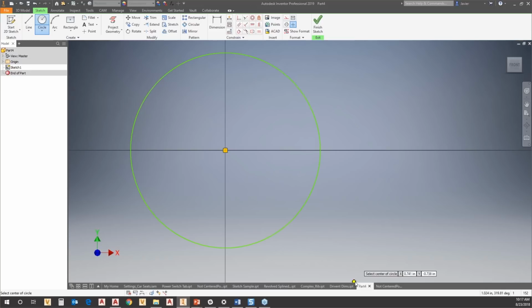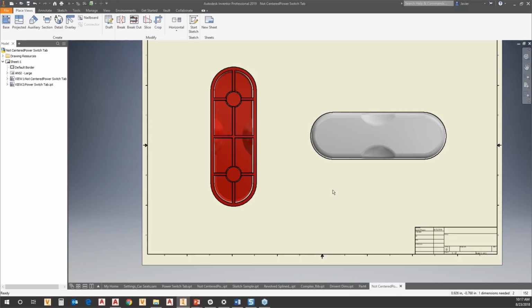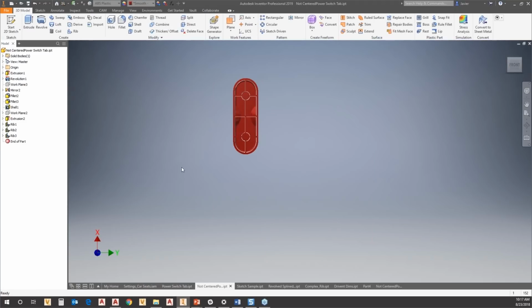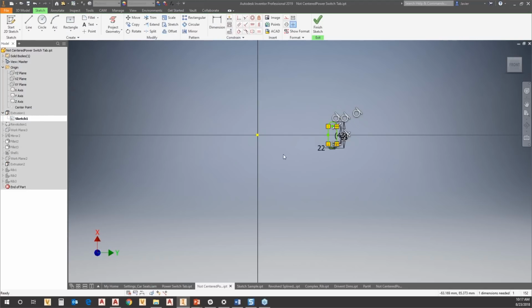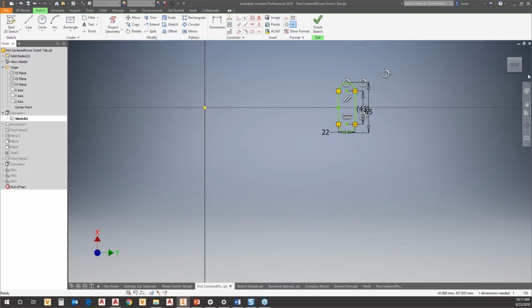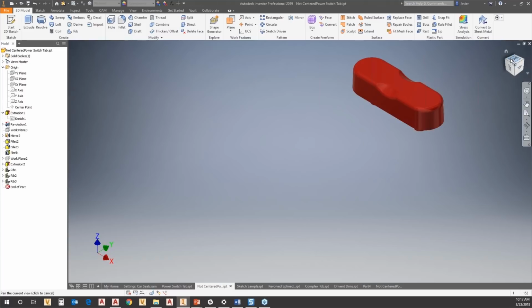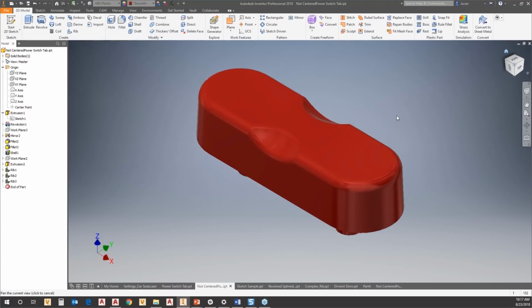We're centered on this. I'm going to come back to the other part that's not centered, this red part. So let's go and open that up again. Okay. And this part, if we take a look at the original sketch that this got created from, it's way off center. Okay. So when I go back to look at this in 3D and zoom all the way out,